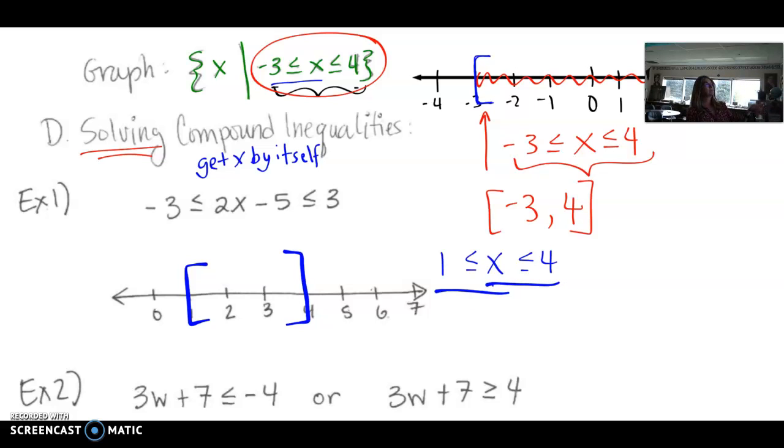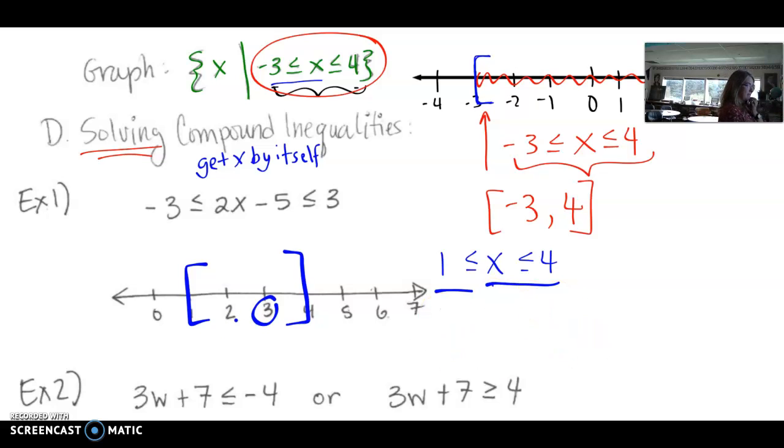So you could pick any number in that region that I just put square brackets around. Like if you pick 3, does it fit this inequality? Is 3 greater than or equal to 1? Yes. Is it less than or equal to 4? Yes. You could put 2 in there. You could put 2.5. You could put any decimal, any number between 1 and 4, and it will be a